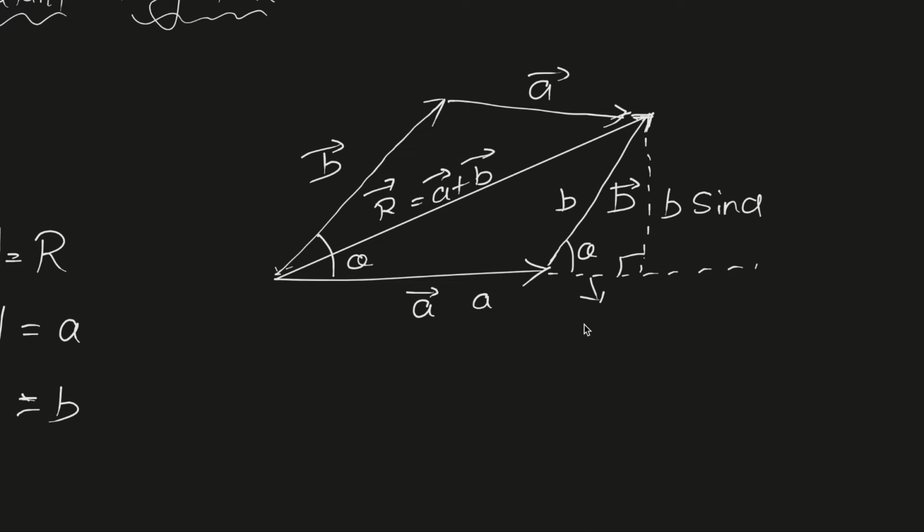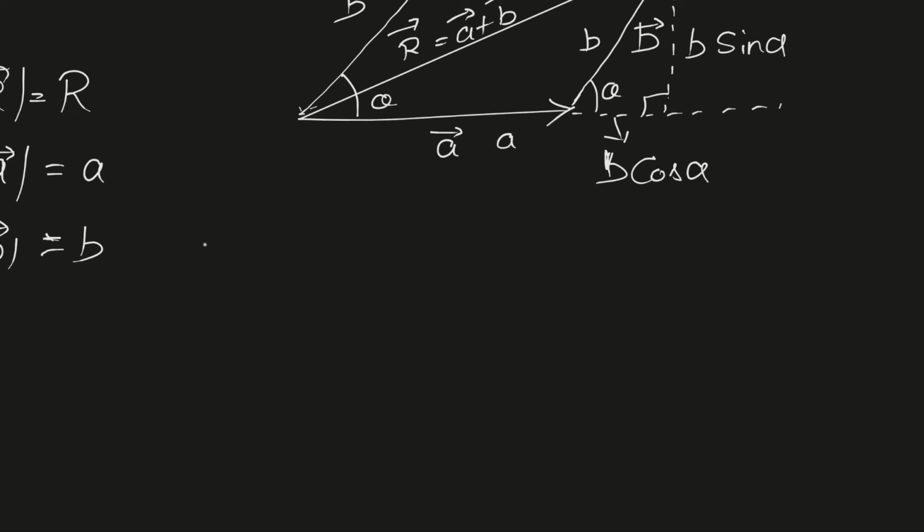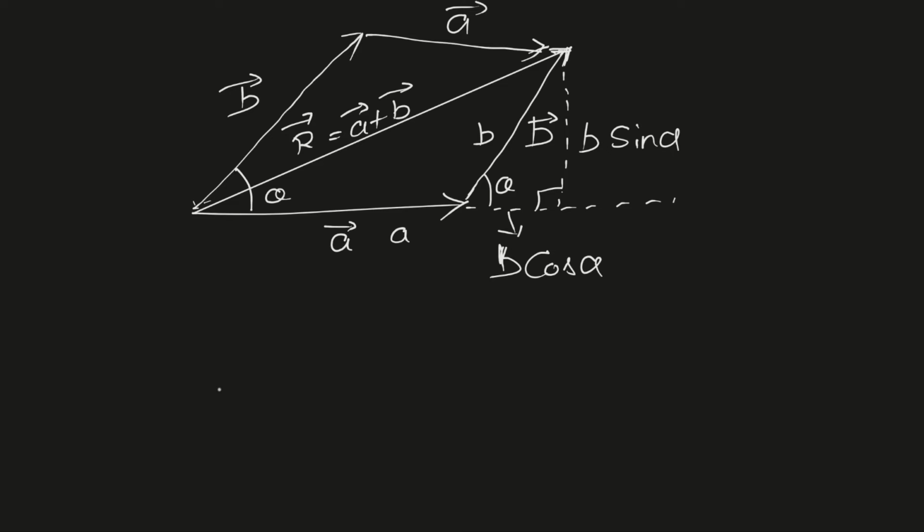For this convention, it becomes b sine theta, and this becomes b cos theta. Then just use the Pythagoras theorem to find the r magnitude, the resultant hypotenuse. This is nothing but the hypotenuse, so r square